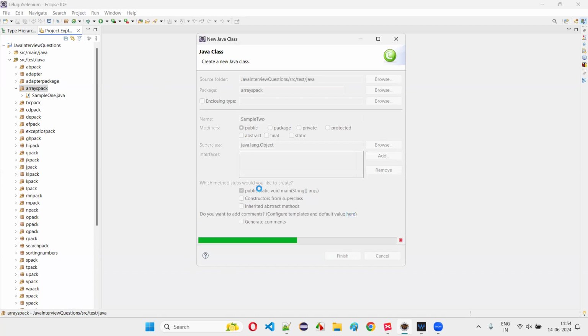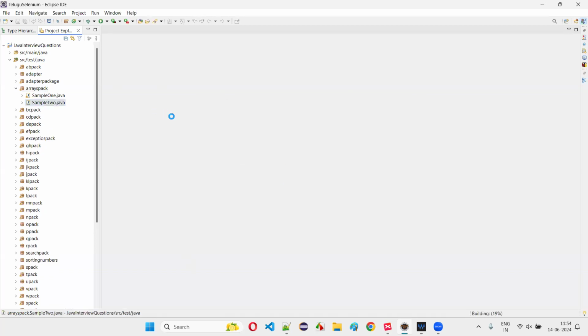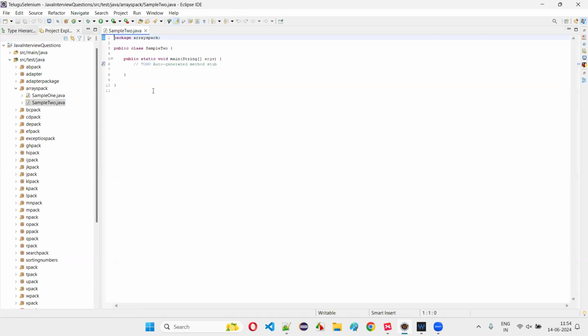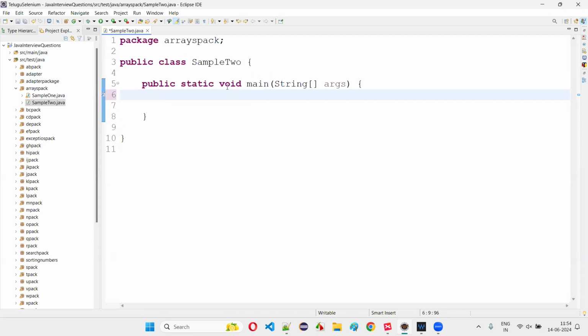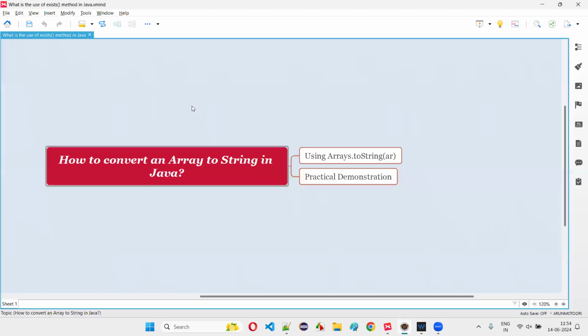Inside the sample2 class, I'll just increase this font so that you can see. I have created a class. Inside the class, I created a main method. Okay, inside this main method,